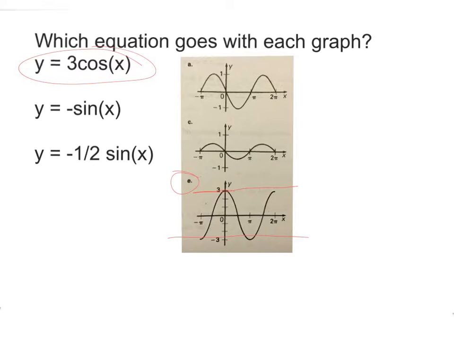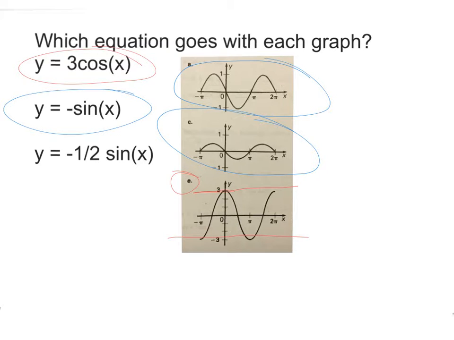Now, we also have here negative sine of x. So what did I tell you the negative did to our graph? It flipped it, okay? So sine normally starts at what point? 0, 0. And it normally starts going up to 1. So if we have negative sine, it's going to start at 0, 0, and it's going to go down first, okay? So, you can see right here, it starts at 0, 0, and it goes down, okay? But notice also this one starts at 0, 0, and goes down,